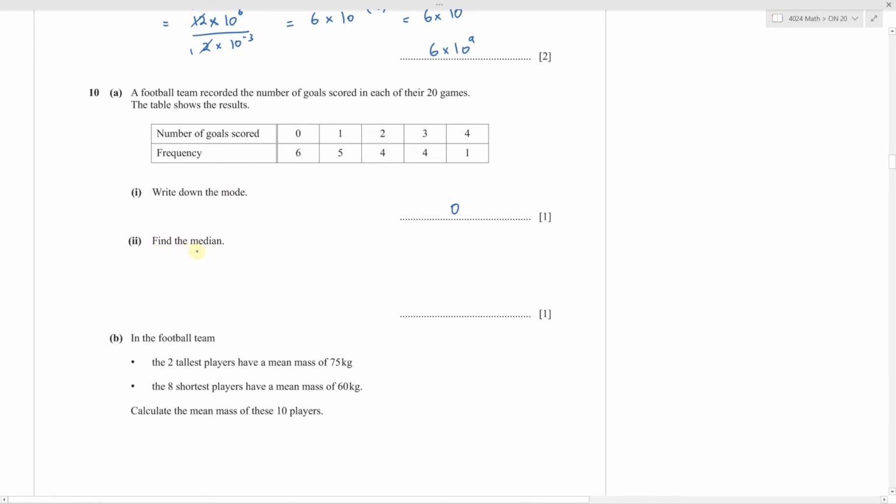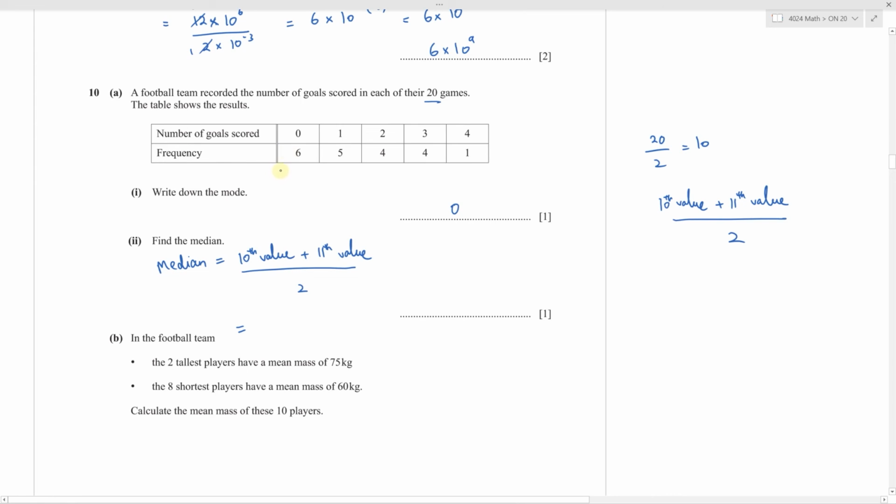Part 2 is find the median. You have 20 games. Since this is an even number, 20 divided by 2 is 10. So your median will be the 10th value plus the 11th value, divided by 2. So median will be equal to the 10th value plus 11th value divided by 2. If you look at the values in ascending order, 0 is the smallest value, it has